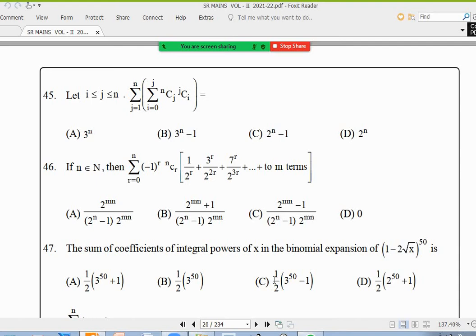Sir, can I do this by the sigma method, sir? The sigma method, no. Sigma nCr, we don't have any way of doing it, right? Like if I ask 20C0 plus 20C1, so on up to 20C20, you have to get an idea that from (1 plus x) whole power 20, I have to put x equal to 1 only. You cannot do anything from the sigma. Okay? Yes, sir.